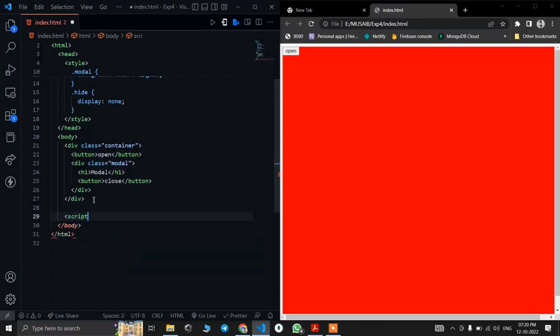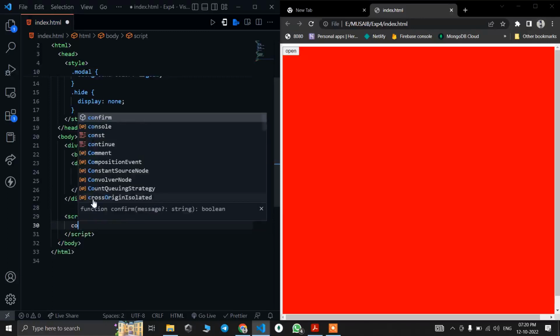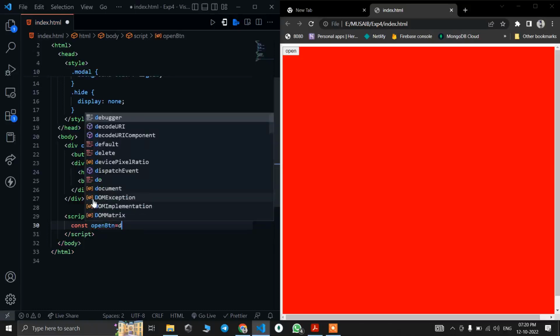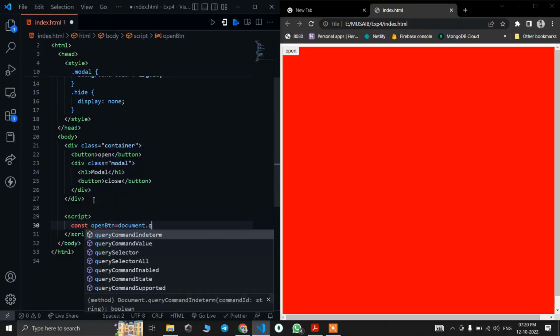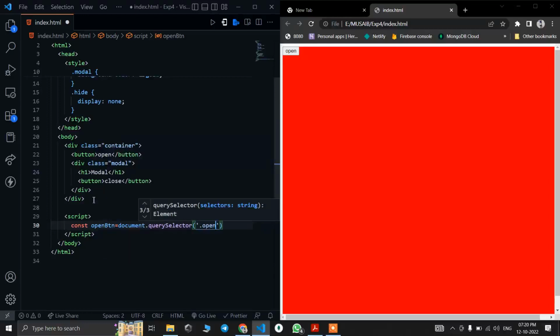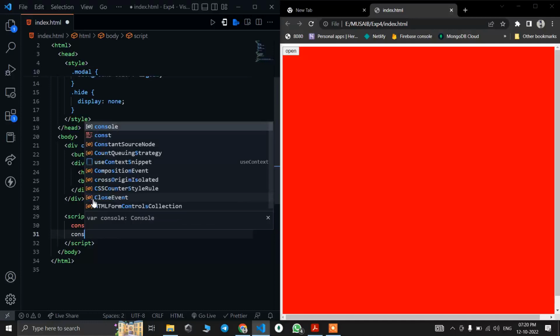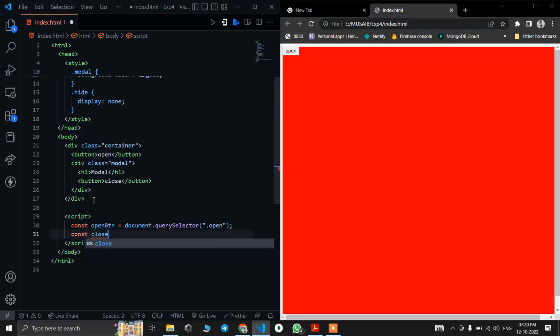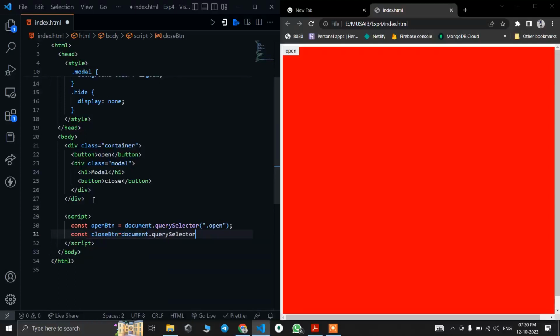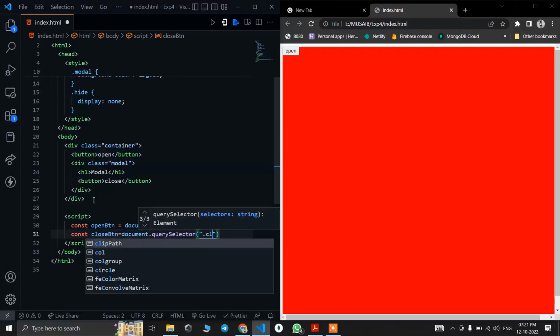So these are the JavaScript tags. As I told you, we need to use document.querySelector. So one is open, the other one is close,